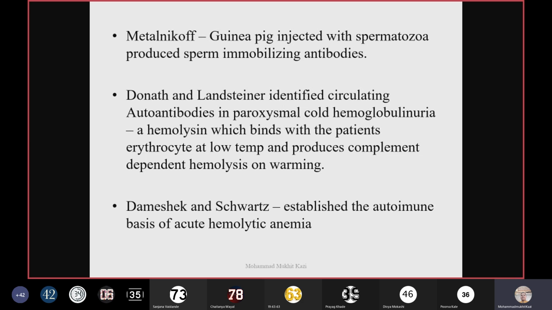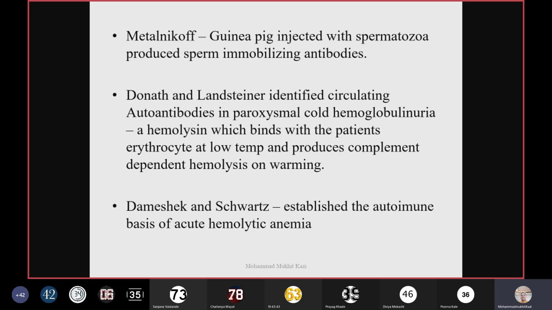So this hemolysin, which is produced, is binding to your erythrocytes in the patients at the low temperature, and that results in the production of complement dependent hemolysis on warming. So this is again one of the autoimmunity mechanisms. And then later Damashek and Schwartz established the autoimmune basis of acute hemolytic anemia, in which your RBCs